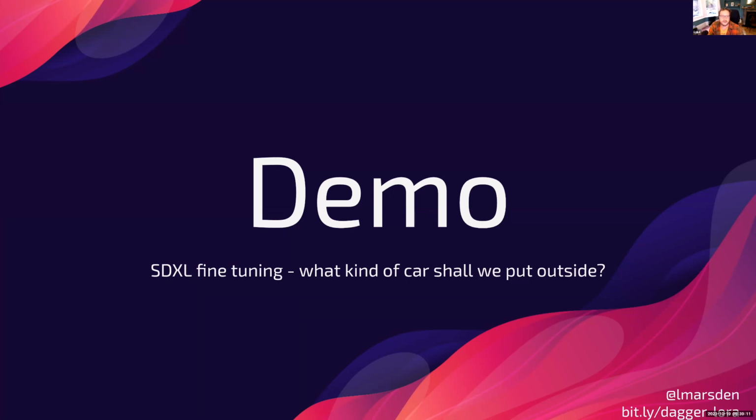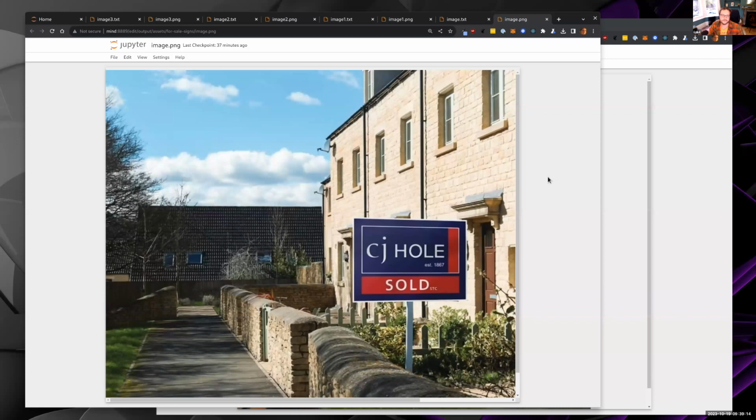So the first demo I want to show you is a business use case I was working on for a real estate company. The idea for this real estate agent here in the UK, we call them estate agents, was to be able to take photos of houses and the for sale sign or the sold sign that they have, and feed those into a model and fine-tune a model that knows what the brand looks like and also knows what the houses look like in the area where they operate, which is here in Bristol,